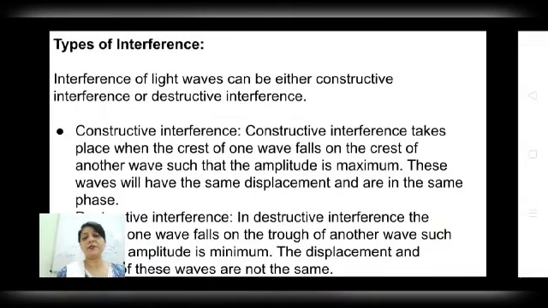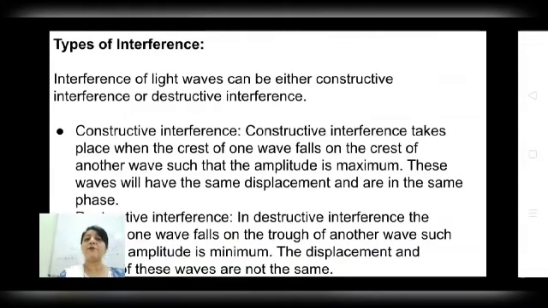Now coming again to the interference. Interference can either be constructive or destructive in nature. As you all know, due to the interference phenomenon, we get bright and dark fringes. Why do these fringes form? When do we get the dark fringe and when do we get the bright fringe? To explain this, we have to consider the intensity distribution of the waves when they are superimposed on the screen after passing through the coherent sources.